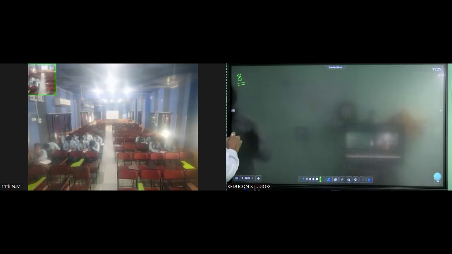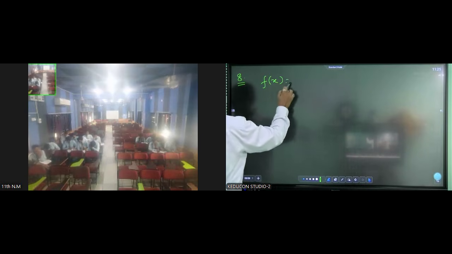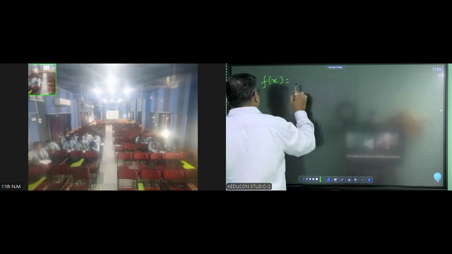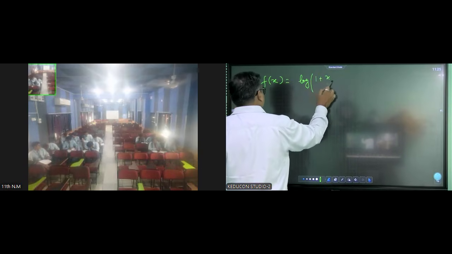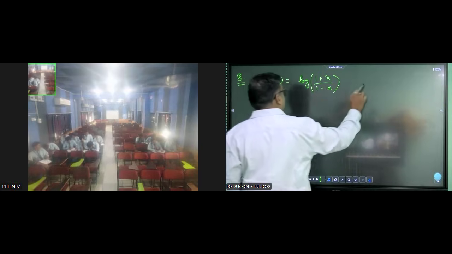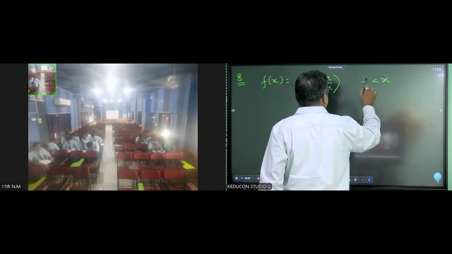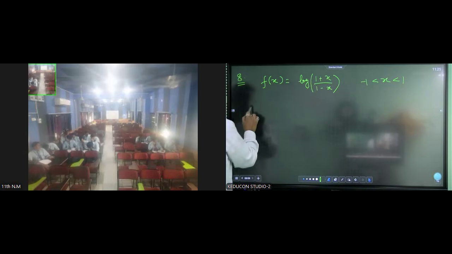क्वेश्चन नंबर 8. fx is equal to log of 1 plus x over 1 minus x, where x lies between -1 to 1. डोमेन गिवन है बच्चे यहाँ पे फंक्शन की. Then we have to find